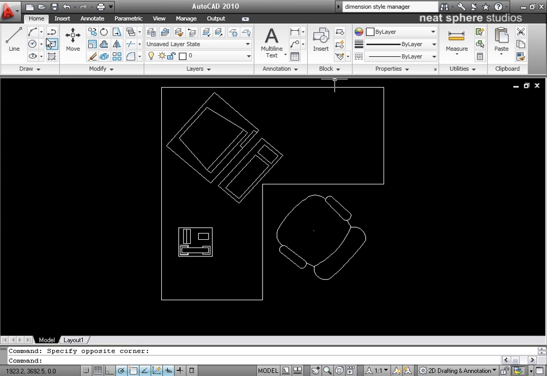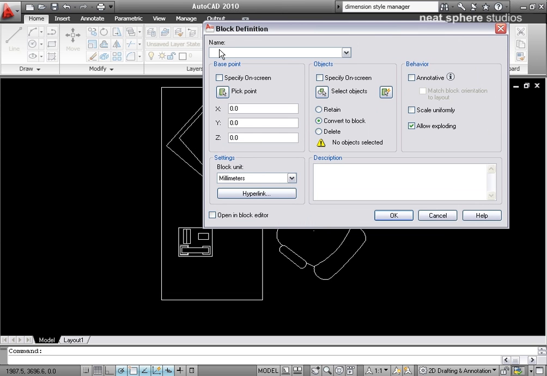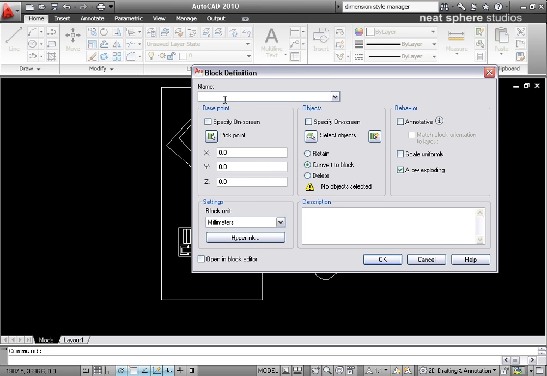So what you'll find is on your home tab there's a few little sections about blocks, and one of them, the small icon here in the top right hand corner just there, is create a block. It's called create a block definition, but effectively when you create a block you're defining it, so there's a little bit of semantics there. So I'll click on create, and the first thing I'll be asked to do is to specify a name. You can see we've got this new dialog come up here, so I will call that phone,